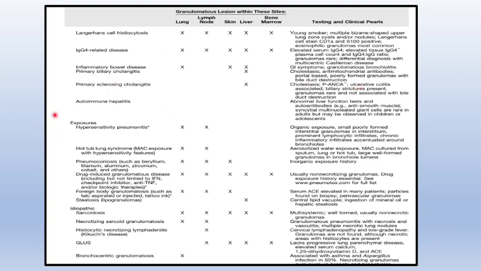In the lungs, hypersensitivity pneumonitis remains a very strong differential, and the exposure history, along with smaller granulomas with more lymphocytic infiltrates around them, being more typical. So the whole history of hypersensitivity pneumonitis and related granulomas, obviously sarcoid we are seeing, but there may be other diseases like Kikuchi's disease with cervical lymphadenopathy, with low-grade fever, and GLUS and bronchocentric granulomas.